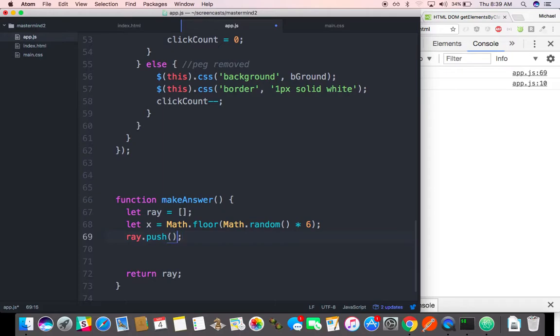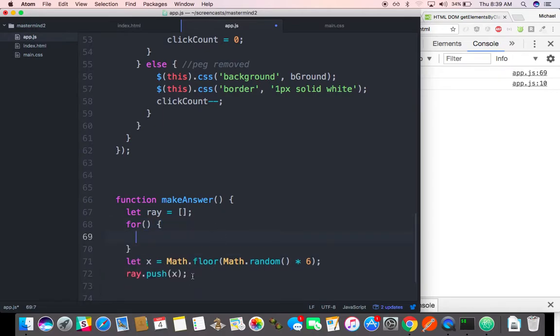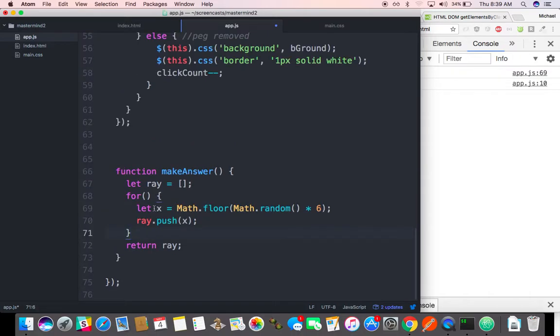What am I going to add? I'm going to add the x. But I want to do that 4 times, so let's put it in a loop. A for loop, and this is going to happen inside the for loop. Command X, Command V, all of this stuff I don't need. Delete. Command X, Command V,